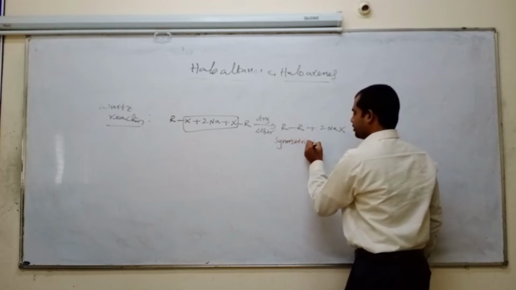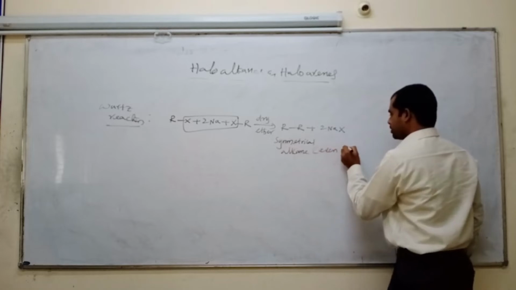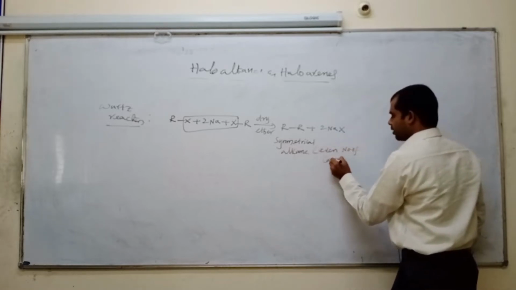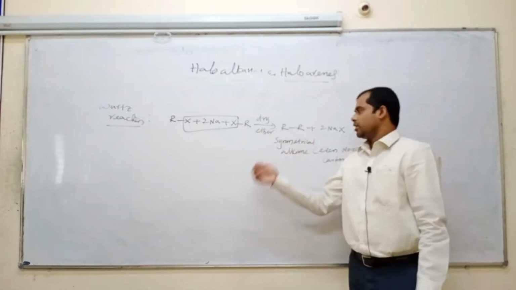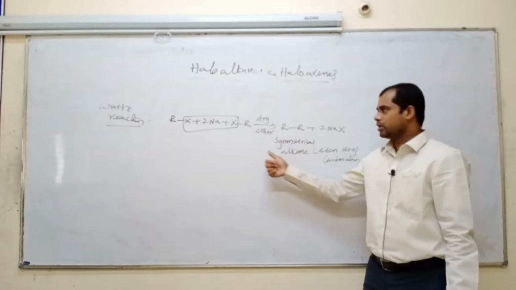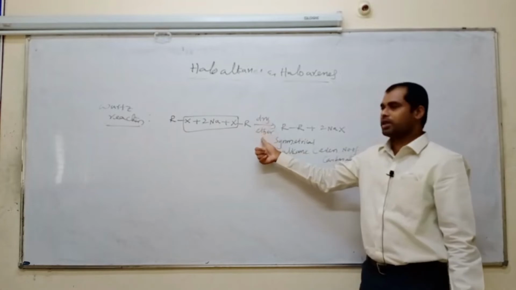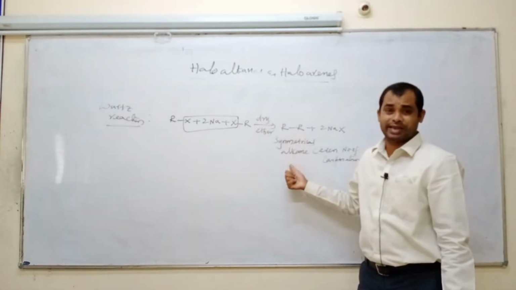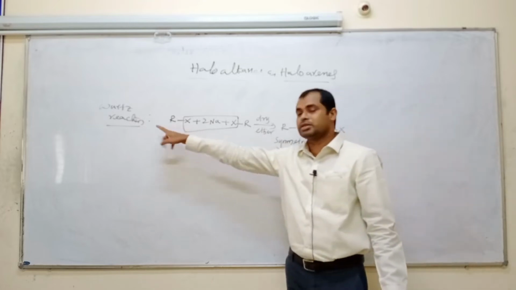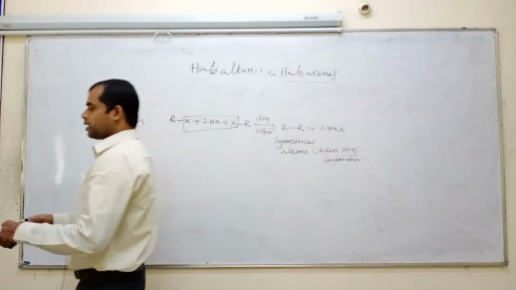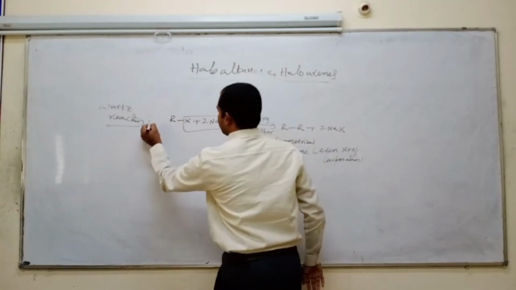This symmetrical alkane contains an even number of carbon atoms. Here how much is the number? 2 only, and 2 is an even number. Once again, alkyl halide reacts with sodium in the presence of dry ether, and we obtain this symmetrical alkane with an even number of carbon atoms. This reaction is known as the Wurtz reaction. Wurtz prepared the reaction, that's why it is called the Wurtz reaction.